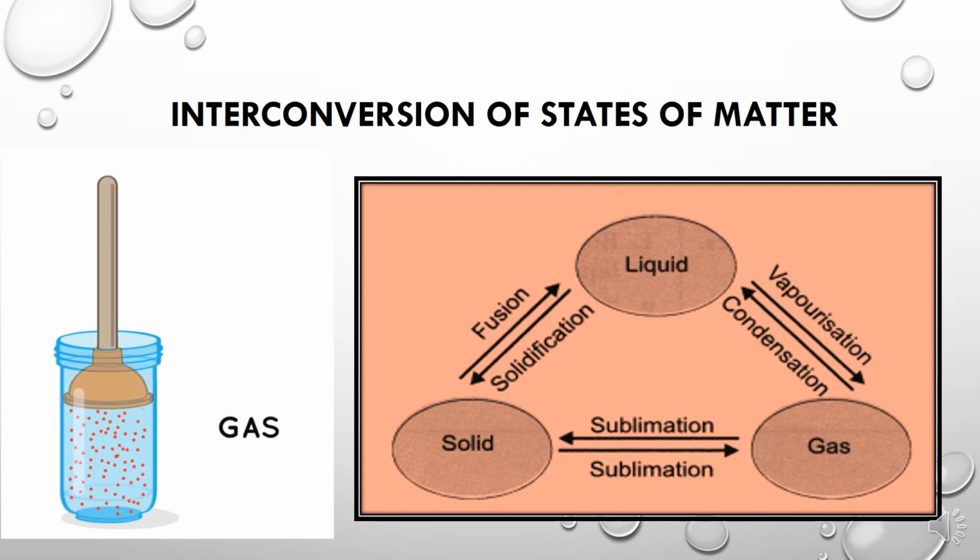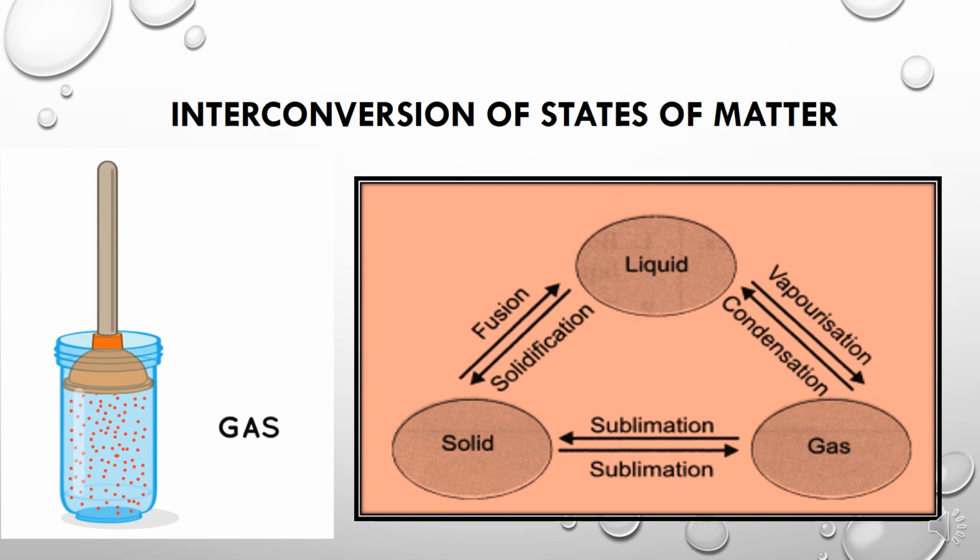If you heat a solid, what happens? It just melts to form a liquid. And if you heat a liquid at a particular temperature, then it changes into gas. So we can say each and every state of matter can be interconvertible into each other, and you can have